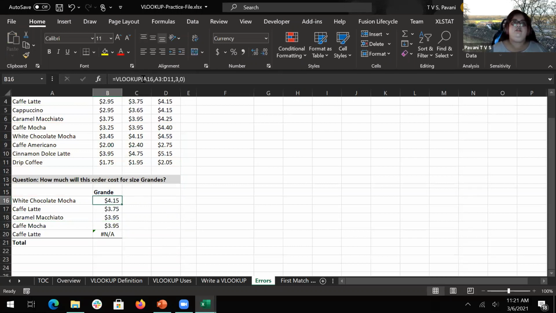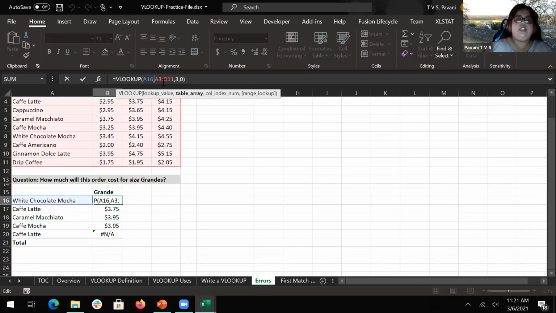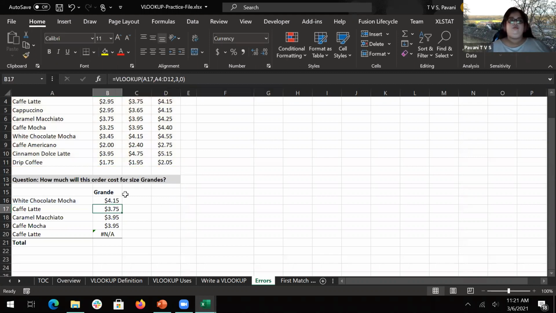So for this, I'll lock the information here. What it will do is if I move the formula to the next cell, only this one will change, that is A16 to A17, it will change, but A3 to D11 will be locked. So now if I pull it down, it will give me the correct value.